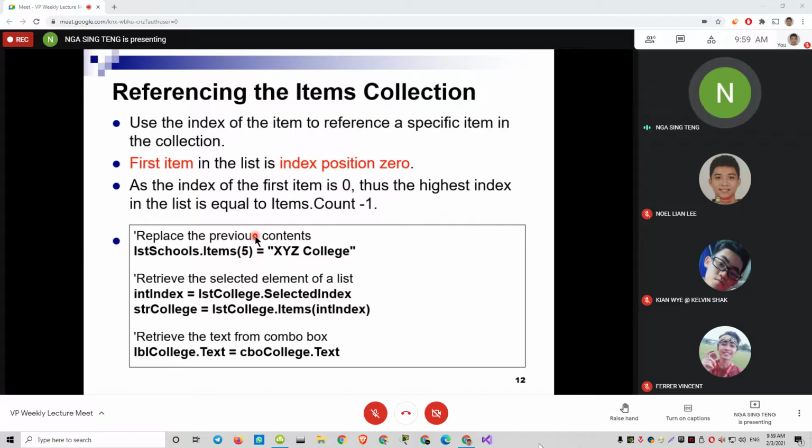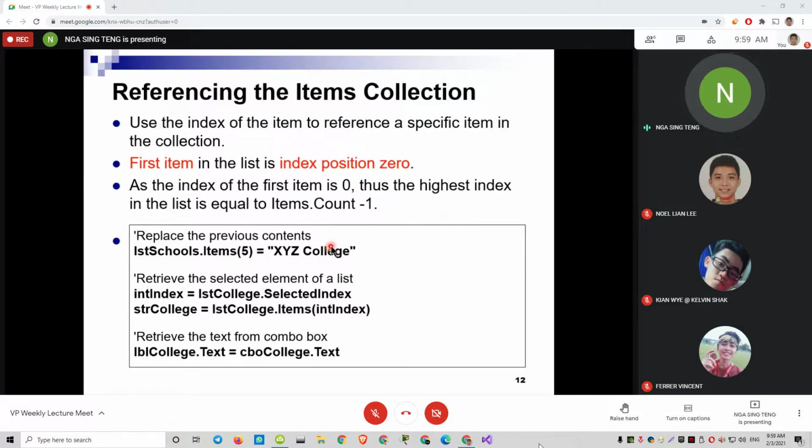You can do that as well, just by using the equals sign with the index you want to update to the latest content. In this case, I want to update a new content, XYZ college, to the item with index 5. So just come up with the object, Items, which index, then the new